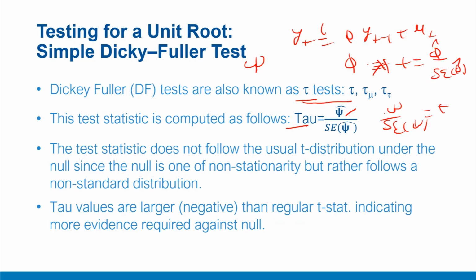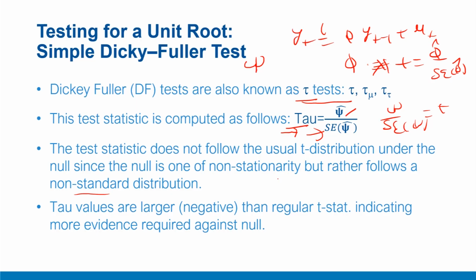But the distribution is not similar to t. The distribution is very different, and it is provided through simulations, and it has been found that it is different from t. In fact, this tau is slightly higher in values as compared to our conventional t values, which means it requires more evidence. If you study more about the t distribution and evidence in models, you will find that tau being higher reflects that more evidence is required to reject the null. So these tau distributions are rather non-standard, unlike the conventional standard t distribution.